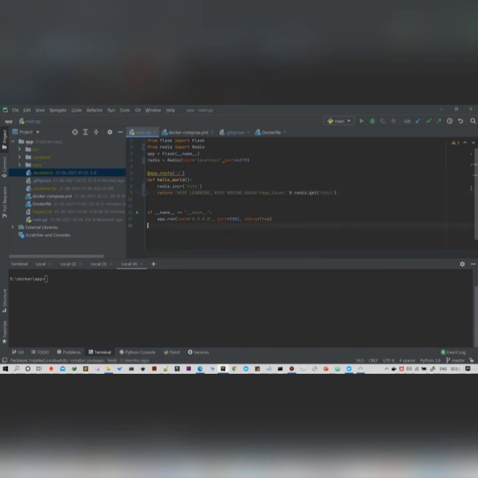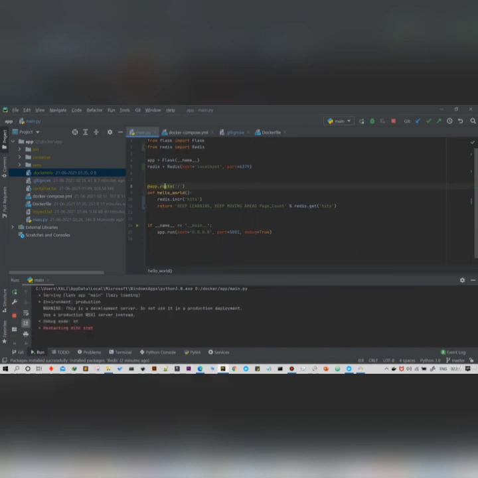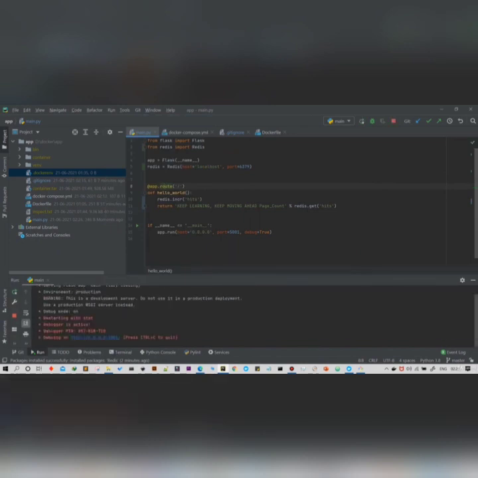Okay, now let's run this file and check how it works. Yes, it is very important to have this reformat option. Now I'm going to run this main, and it is ready.